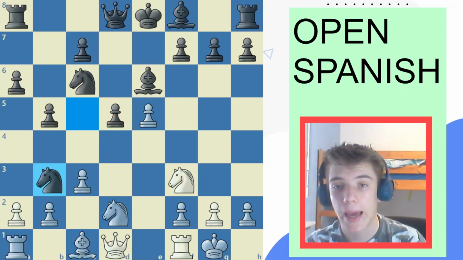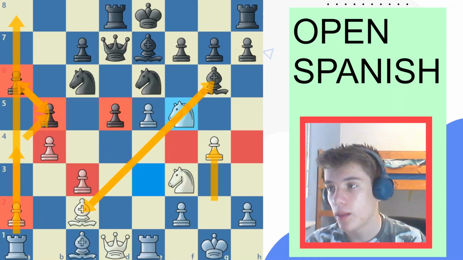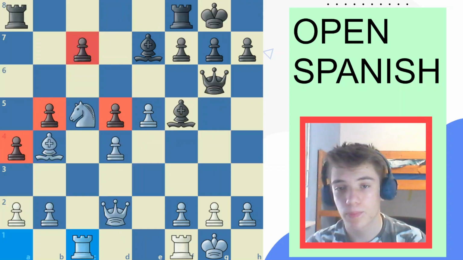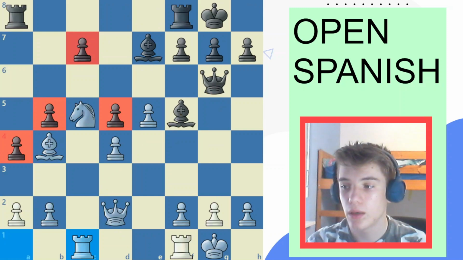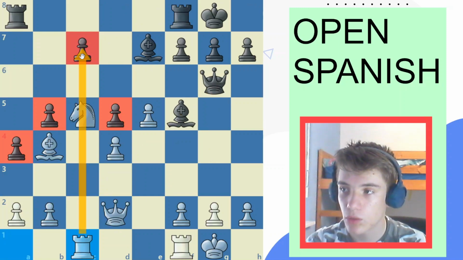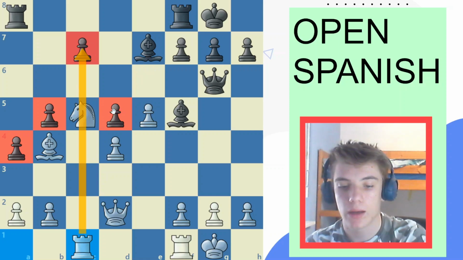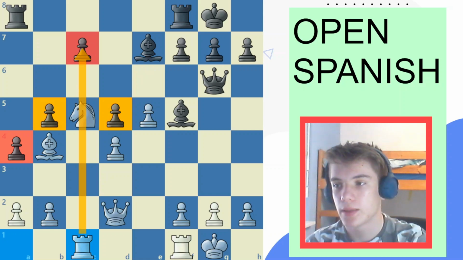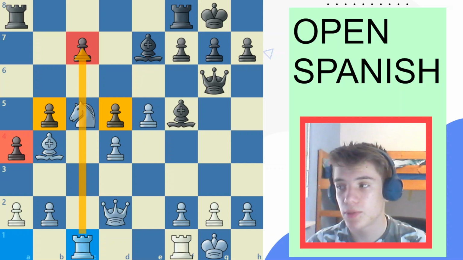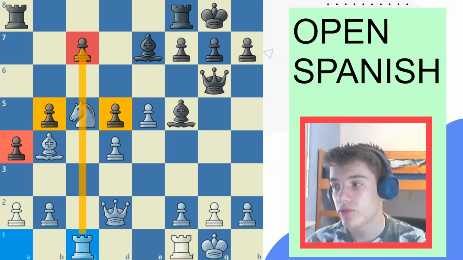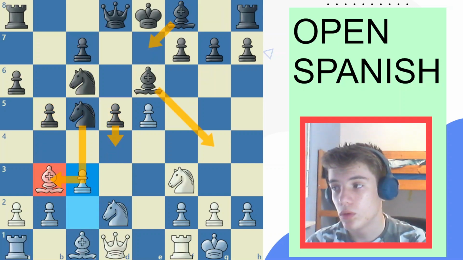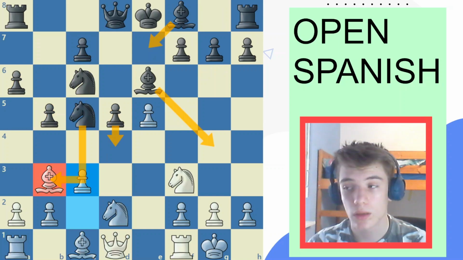Of course, black has the bishop pair, but white has pressure down the open c file, and these two pawns are very, very weak. So white is better in this position, and of course, after c3, there are two moves we didn't look at,